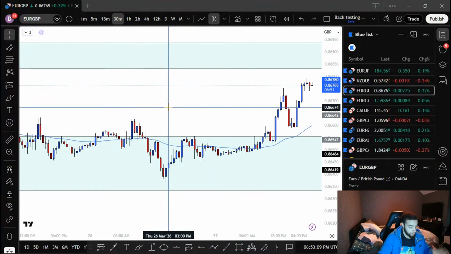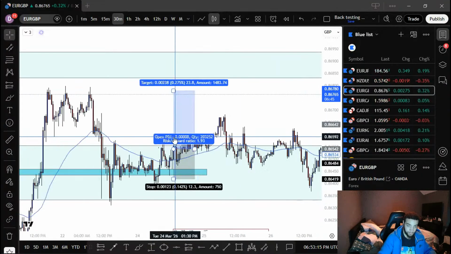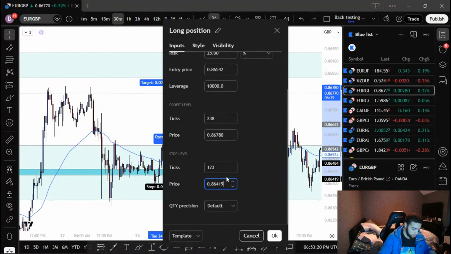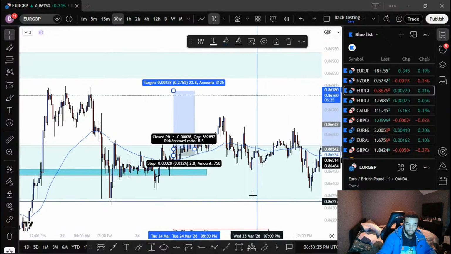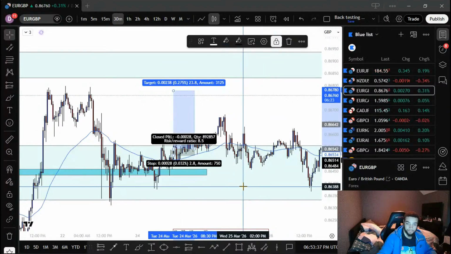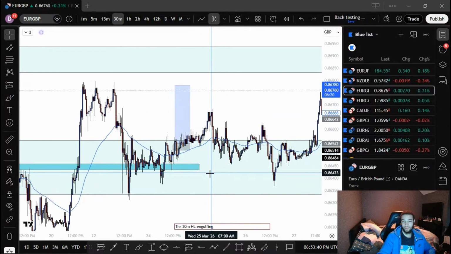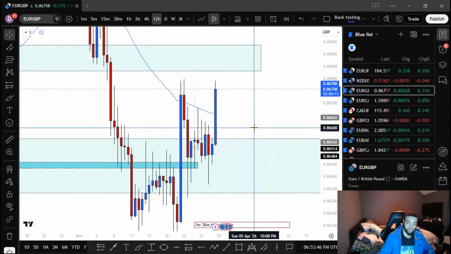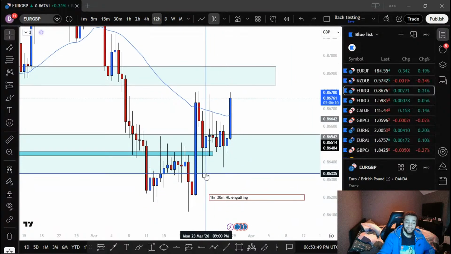Let's figure out where we closed this position. Stop level. It should be 86514. So we closed this position here. And obviously you would have seen that if we had held this position, we would have been stopped out and then the market would have made its actual move. So I did the right thing on this one.